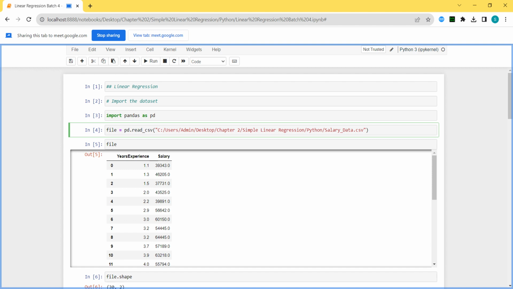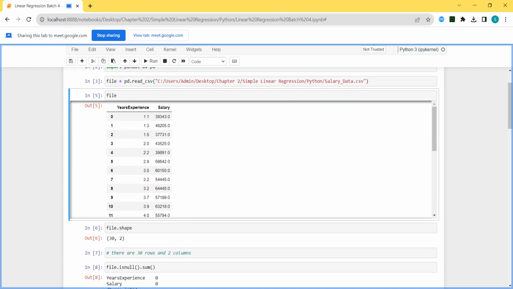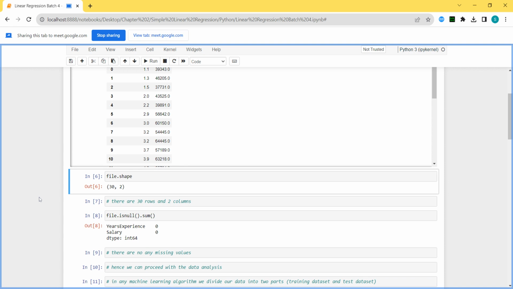Once you have downloaded the data set, this is the name of the data set, and .csv is the extension. You have to write down where the data set is stored on your own local computer. If I'm sharing this file, you have to change this path. The file name, salary data, will be the same, but the rest of the path will change. Accordingly, I will read the file. So my file is in front of me.